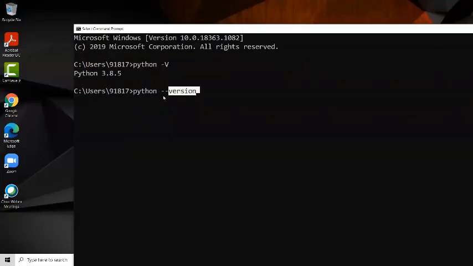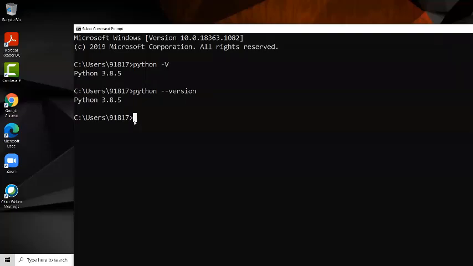In this case, all are small letters. It will give the output the same as before. For both cases, the output is the same, but we can use any one of these to know the version of your Python. Now Python is installed in my system. That is the confirmation. Is it right?